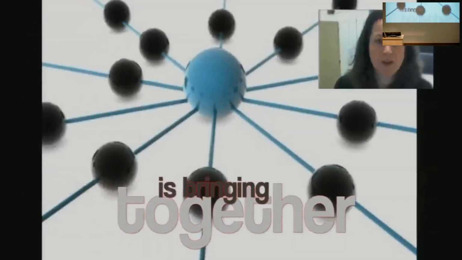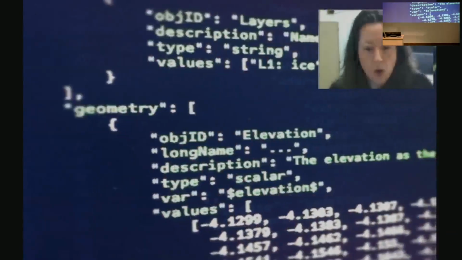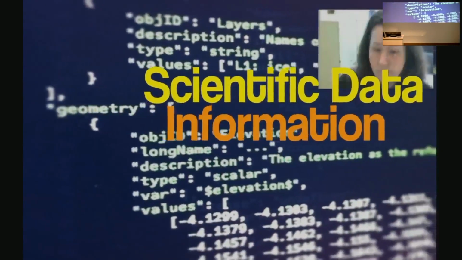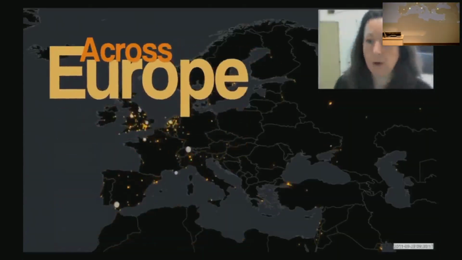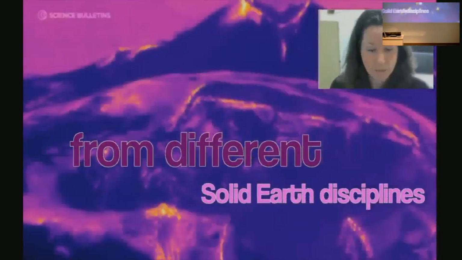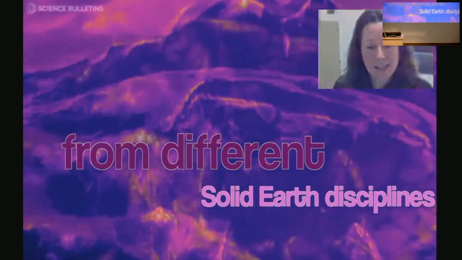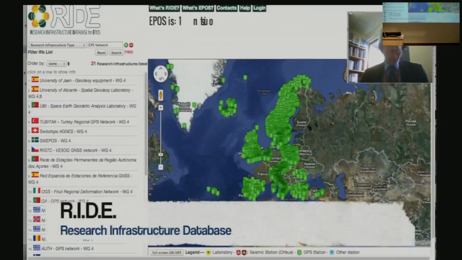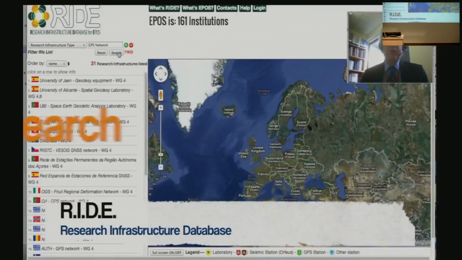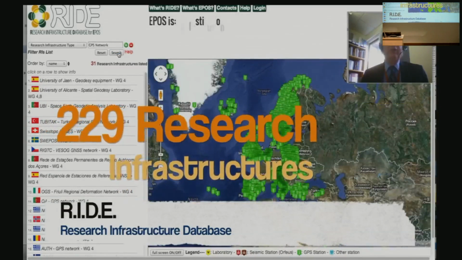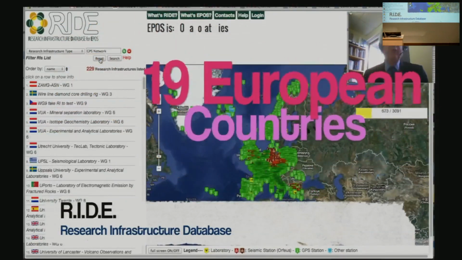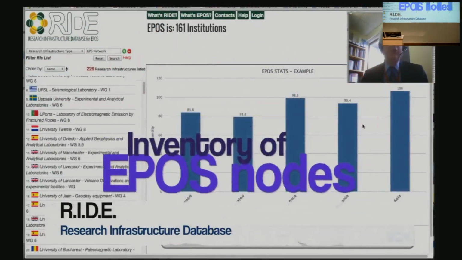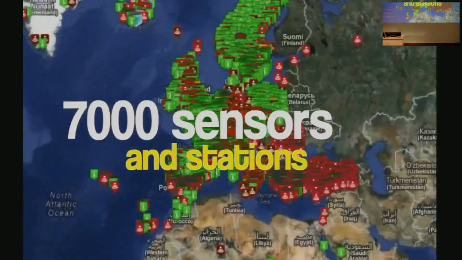This is important because it is bringing together lots of data and information from across Europe on many different solid earth disciplines. RIDE is a database system within EPOS in which we have collected all the information to date to form an inventory of the needs of EPOS.